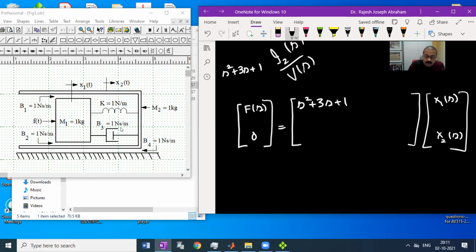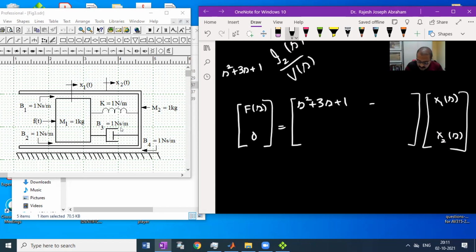Now what about 1, 2? Sum of all the elements connected between M1 and M2, and they are always negative. It's not like electric circuits, where depending upon the current flow direction the entry can be positive or negative. Since this is a mechanical system, the off-diagonal elements are always negative.